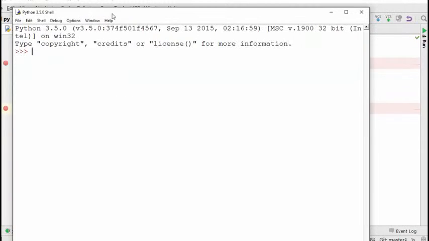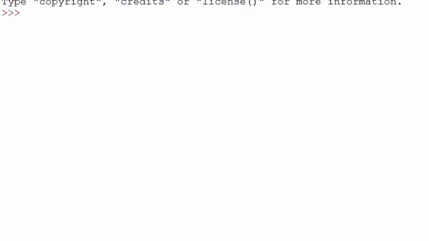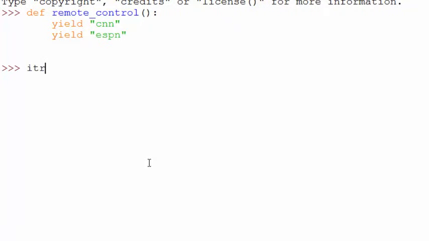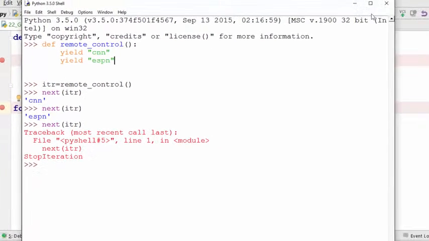If I open IDLE once again, let me show you the same example just to highlight what I mean by you don't need to raise stop iteration. So here, iter is remote control, and next iter. So you see it's stop iteration here. It automatically raises it for you. You didn't raise it here, right? So these are the